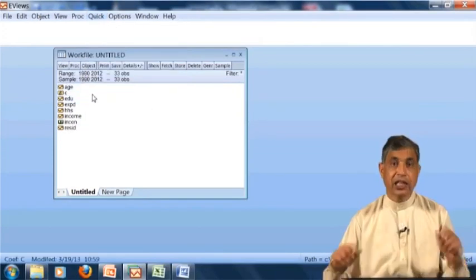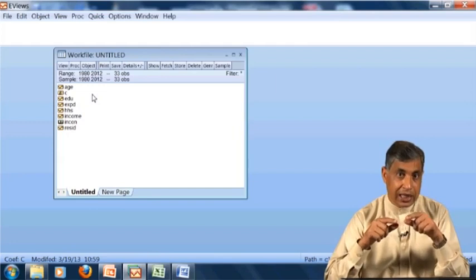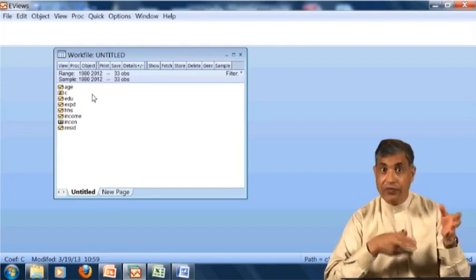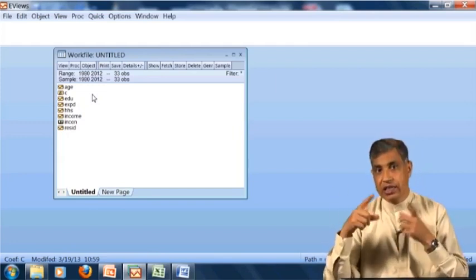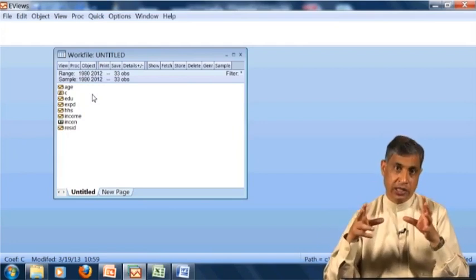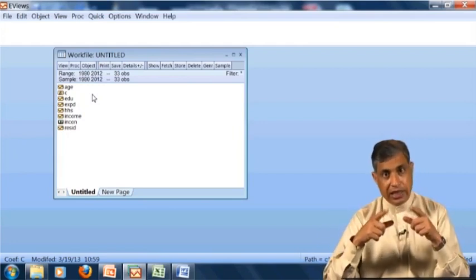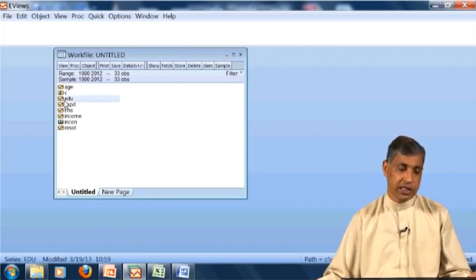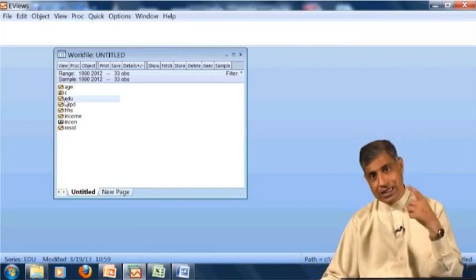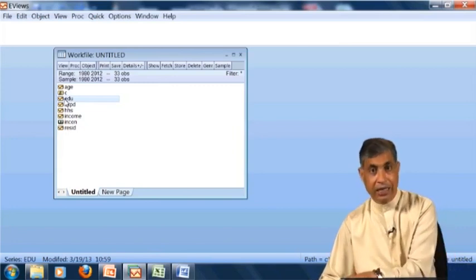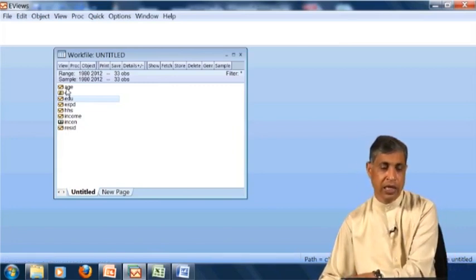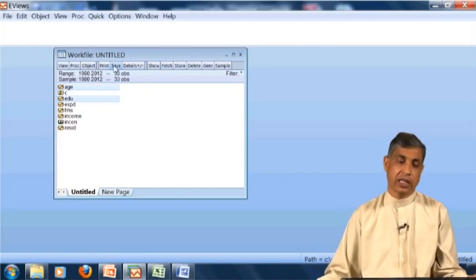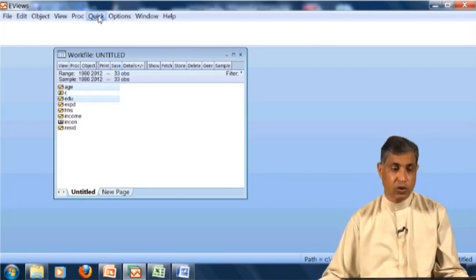Let me explain that. The first variable you select, it takes as the first variable. It will appear as the first name in your box. For example, if it is education, now it is considering education first, and in the window you will see that we will be giving the name of education first. Now we are interested in the correlation. Go to Quick.